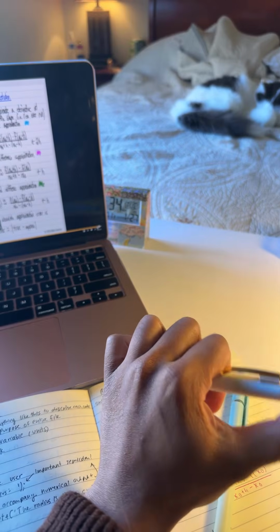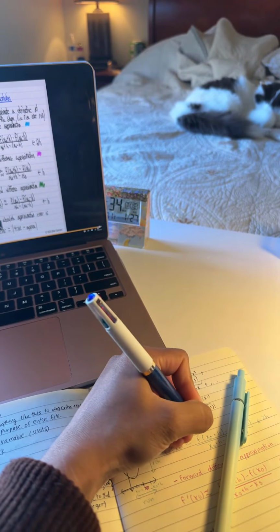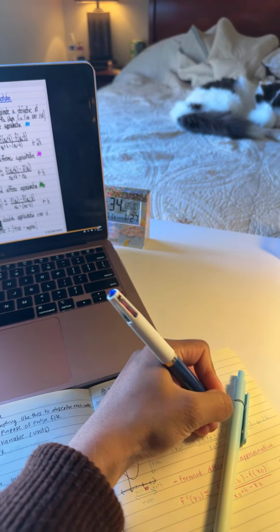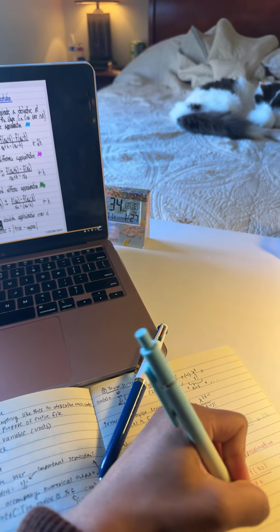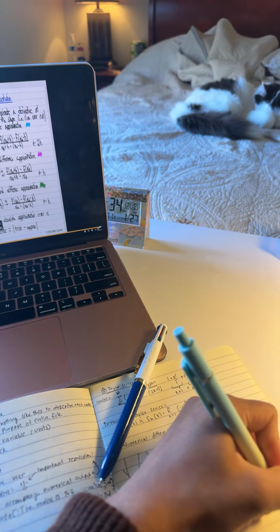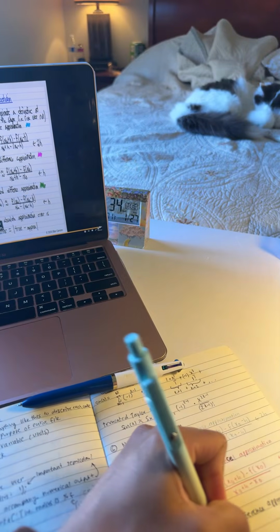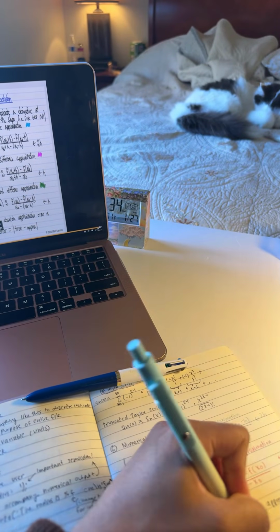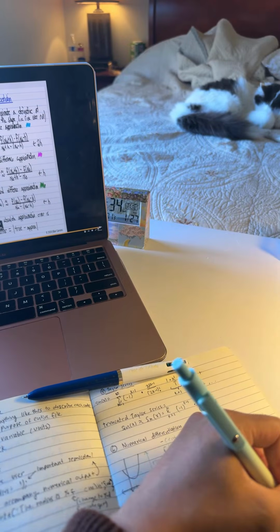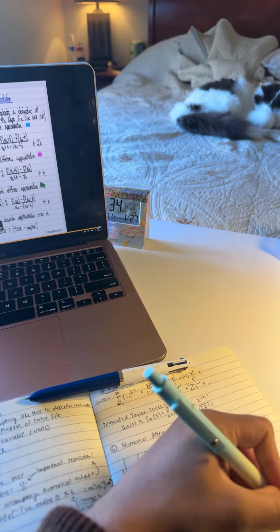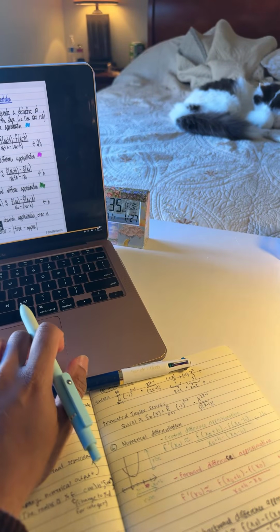Mickey is bored. The absolute approximation error is